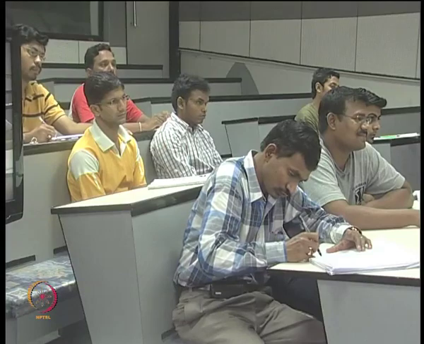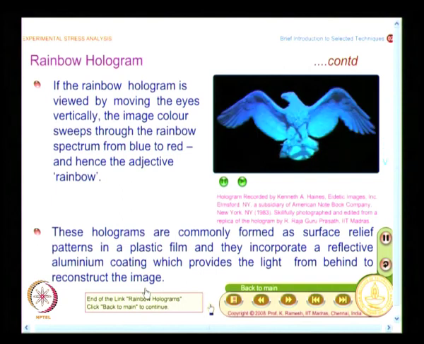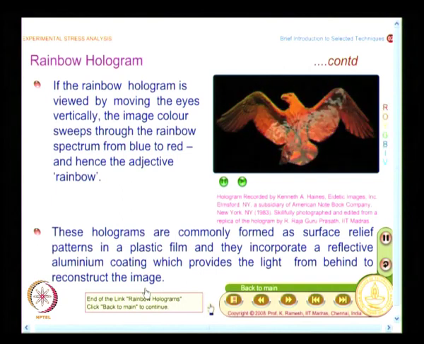I spent a little time on rainbow holograms because that is what you have access to easily, and you should know, at least go and educate your people at home how to view a hologram. So, if you have a rainbow hologram, in the horizontal direction you will have a 3-dimensional representation. On the vertical scale you will see play of colors, but now you have layered holograms. So many varieties have come, so many varieties. Even there they have used color, tried to bring holography in color. There are so many developments. Those are all more from marketing point of view, displays, and then public use of holography for fun.